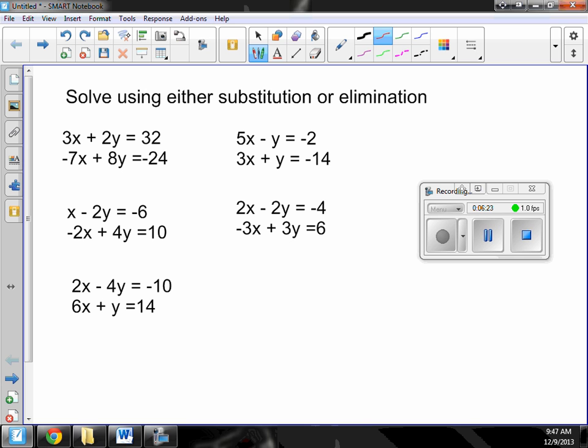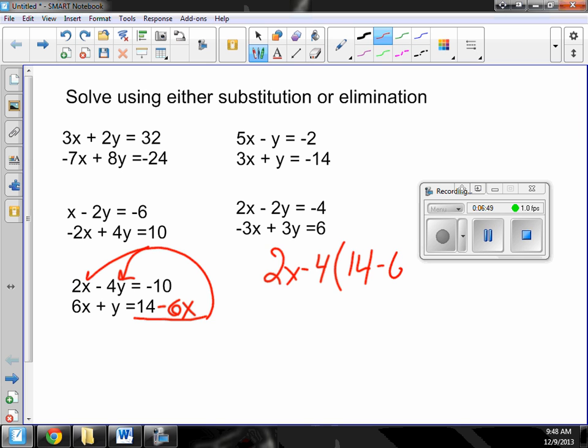All right, the last one's kind of a pain because it doesn't work out to be a nice number. Let's isolate the y. We'll make Aubrey happy. So, subtract 6x. I'm going to plug this in. Oh my goodness, I did it again. I'm going to plug it in for y. So 2x minus 4 times what y equals, which is 14 minus 6x, equals negative 10. Now, what happens if I were to take that 14 minus 6x and plug it in here instead of the top equation,